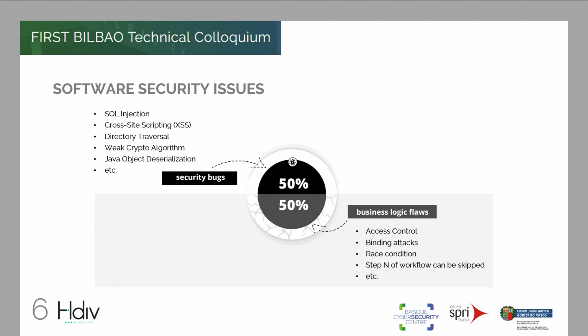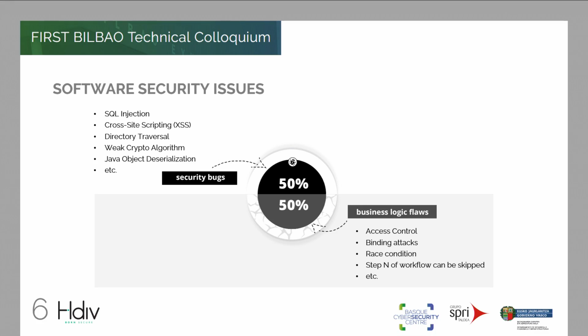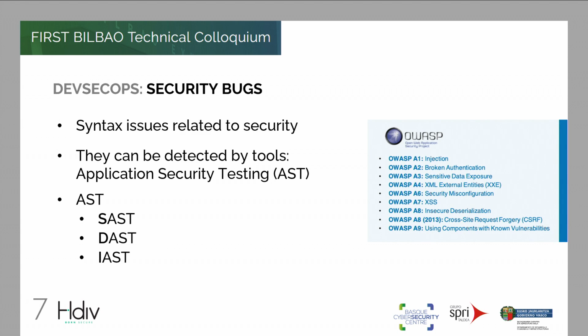For instance, an access control issue is specific to the business, so it's not possible to have tools that are able to detect this kind of issue. But it's important to understand that there are two parts, because in security it's very common to only work with one of them, particularly the security bugs part. But the design flaws part is the one that is really hard to solve. Let's see now how we can improve and automate those parts.